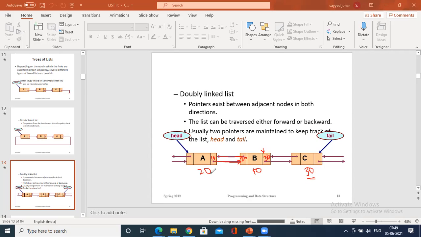This is house number 20, this is house number 10, house number 30. Okay, and this is a variable. On the right hand side we have an address storing which house you should visit. A should visit which house? It should visit house number 10, so it visited, right? Similarly, on the right hand side, house number 30 is visited. 30 is visited.